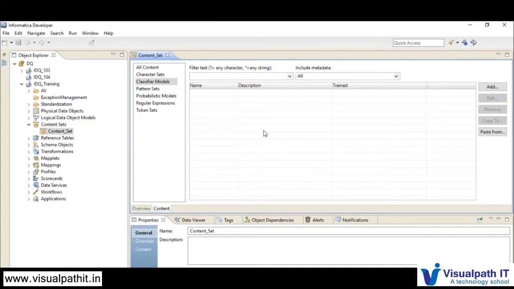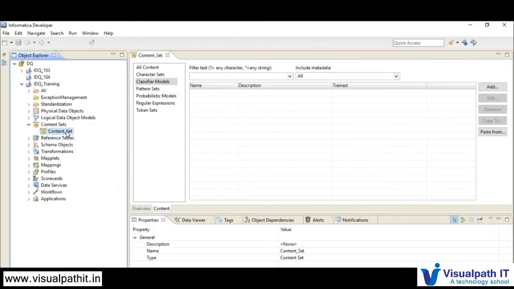Based on the words matching in the description, we label it with a country name, that is, which country that language belongs to. So this content set is mainly used to classify or cleanse your data.